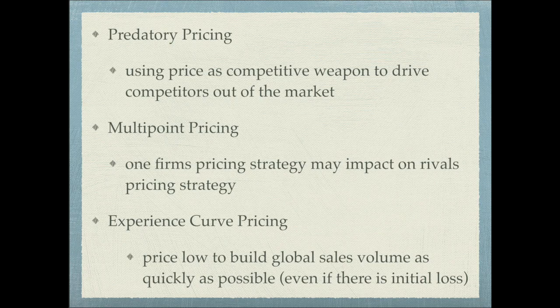Multi-point pricing refers to the fact that a firm's pricing strategy in one market may have an impact on a rival's pricing strategy in a different market. For example, the book gives an example of Fuji launching an aggressive competitive attack against Kodak in the United States in January 1997. It says that in 1997, Fuji cut prices of multiple rolls of packs by as much as 50%. The price cutting resulted in a 28% increase in shipments of Fuji color film in the first 6 months